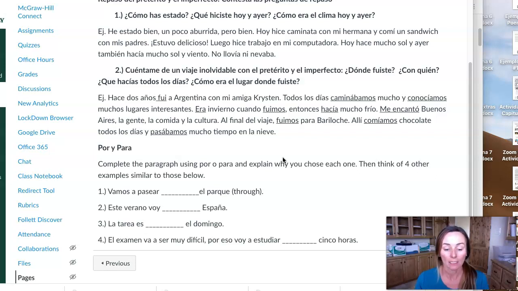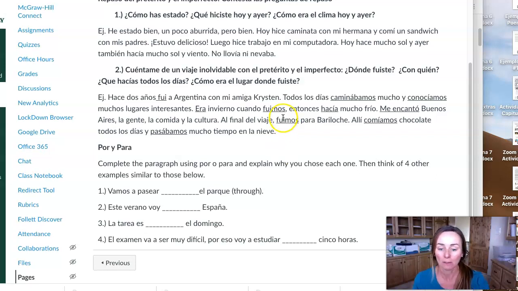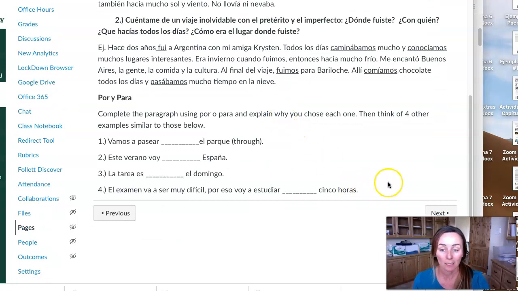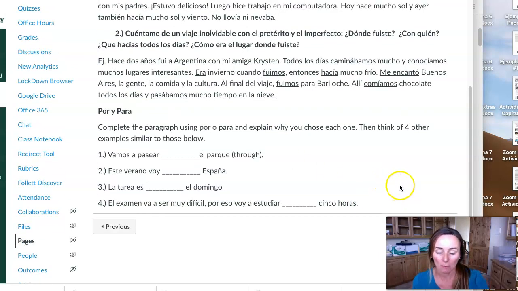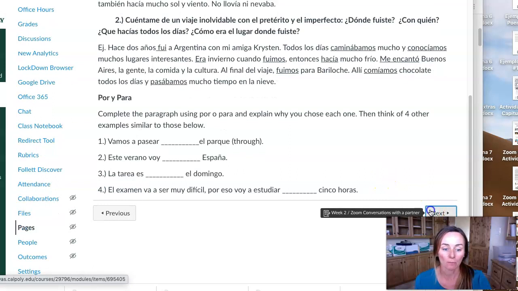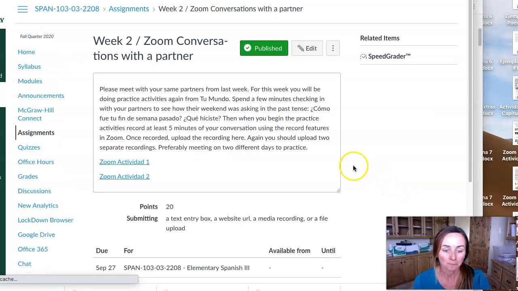And then time, ¿verdad? So la tarea es para el domingo. So with a date or with time, and you use para, it means it's a deadline. So the due date is Sunday, versus an amount of time would be por. So any quantity of time, you would say por 5 horas. Also in your book, it highlights that por is often excluded by native speakers. So voy a estudiar 5 horas. Bien, so we're going to start out with this, a very brief review of the material from 102.